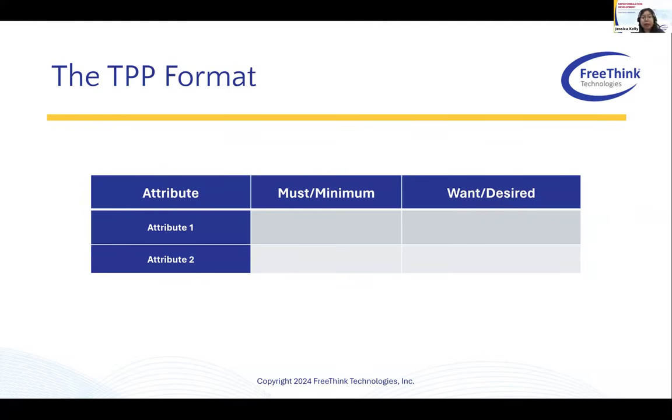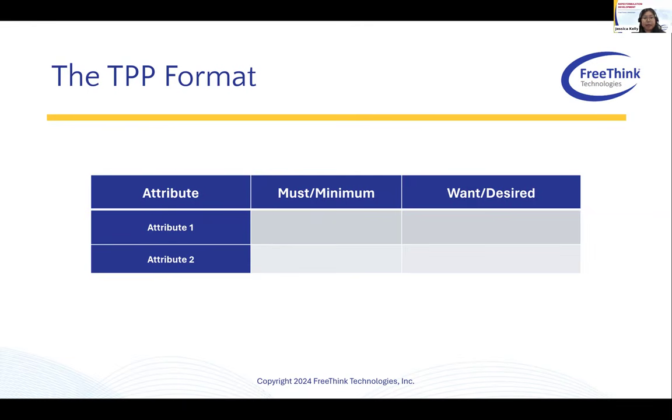So now that we know what the target product profile is and who should be involved in the process, what does the TPP look like? The TPP format typically has 3 columns. The first column is the product attribute or the product characteristic that needs to be defined. The second is the must required minimum column, which is the requirement for that attribute that must be met. And the third is the wants preferred desired column, and that would be the desired criteria that would be preferable